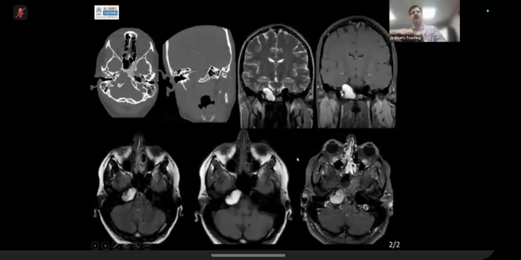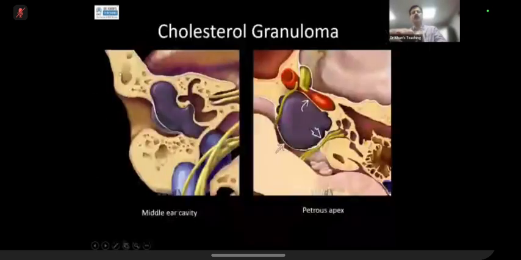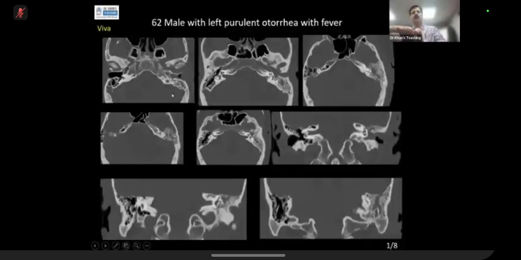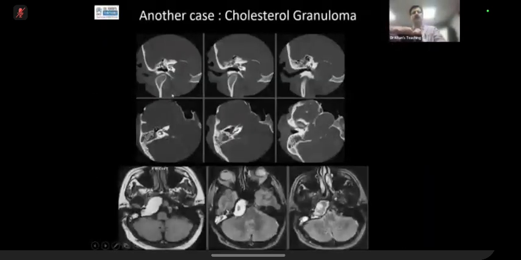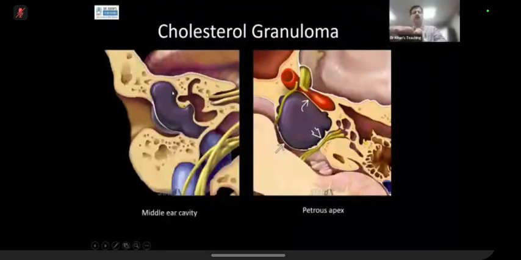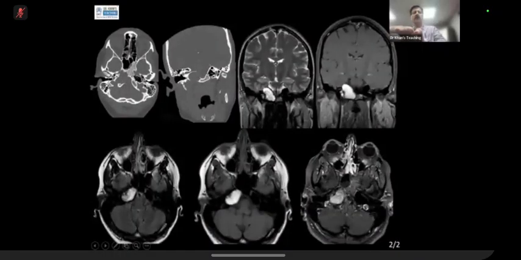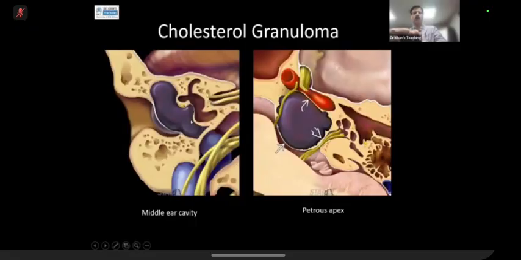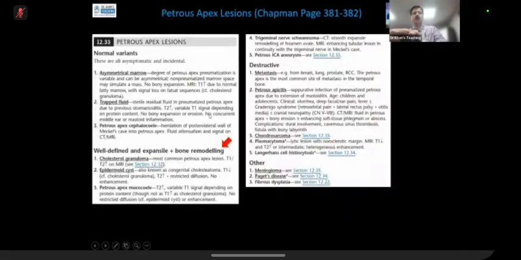Please remember that there is no concept of aneurysm of the carotid canal like this, because an aneurysm cannot expand the carotid canal. It's a very tough bone. So this is a cholesterol granuloma, and this is from your book,